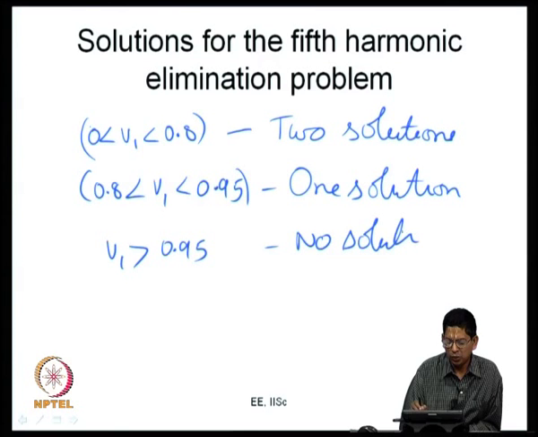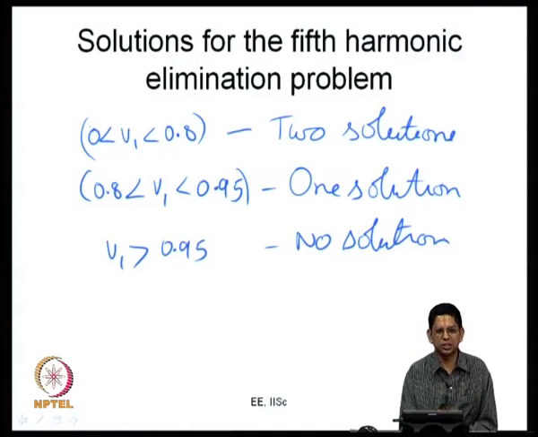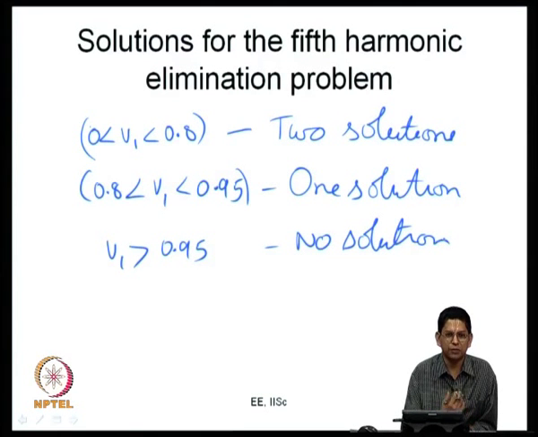So, whenever you are very close to the square wave, there is a chance that there may be no solutions. That is something that we have to remember. And again, it is not necessary that as you go down to lower and lower ranges, the number of solutions should go on increasing. At lower ranges, the number of solutions is certainly higher. That is what we can really say from here now.